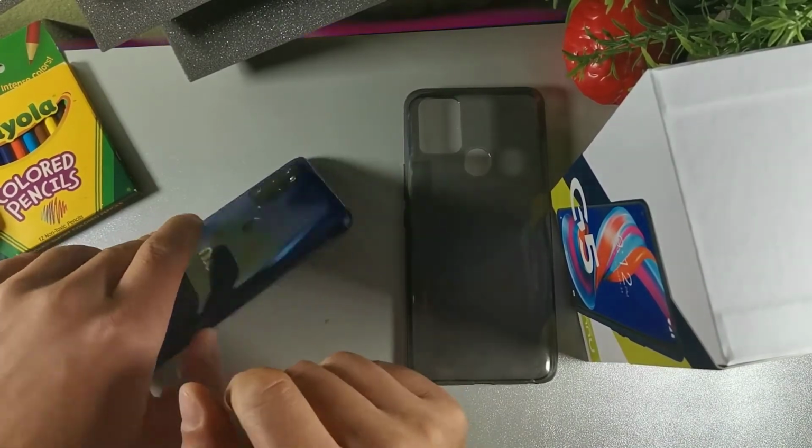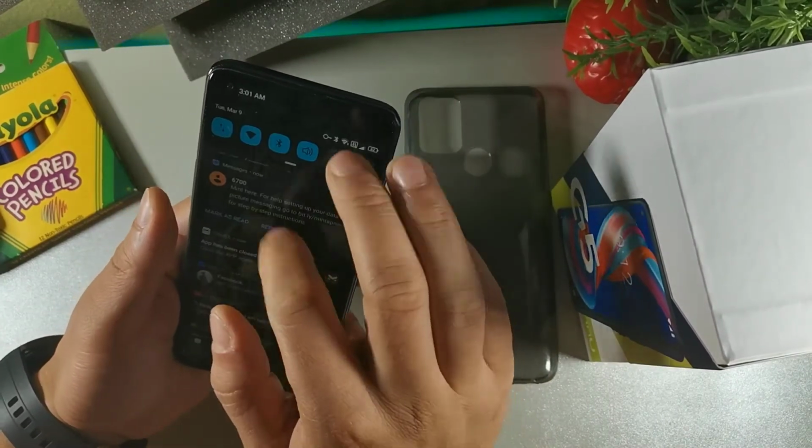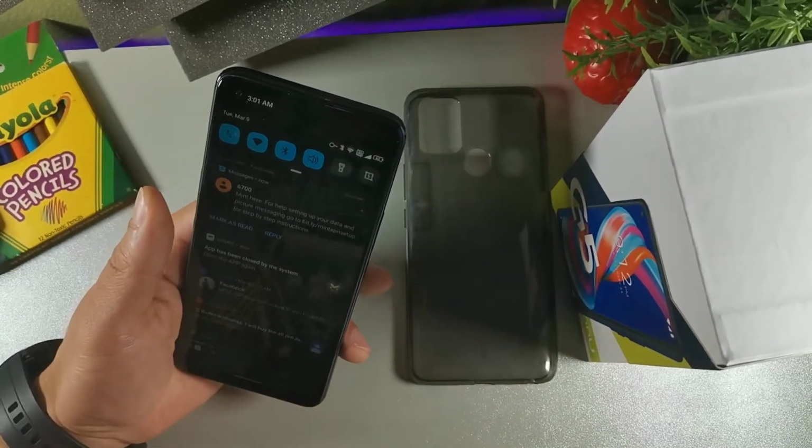I mean, the price is $150. You're getting the latest Android. I could use this on Mint Mobile network as well. So that's something that I think is